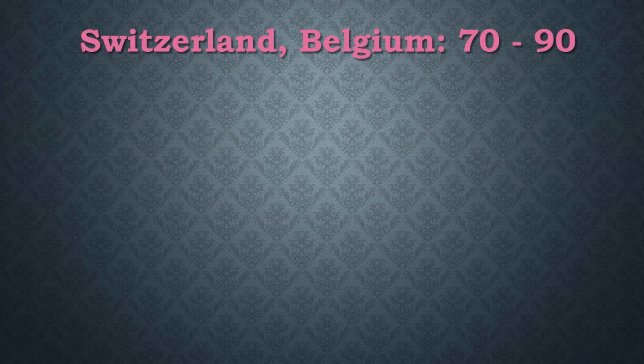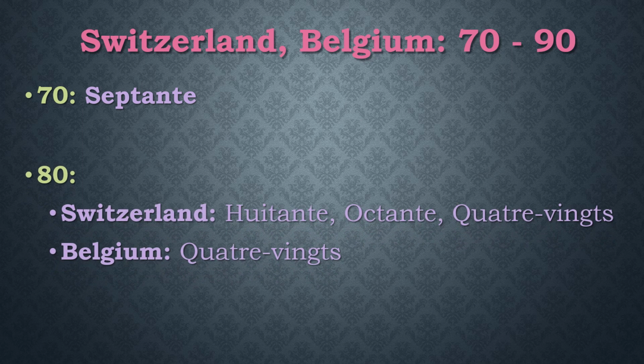Another quick note. In French-speaking countries such as Switzerland and Belgium, 70 through 99 work differently. So 70 in Switzerland and Belgium is not based on 60, it's its own separate number, septante. So 71 would be septante et un, 72, septante-deux, etc. Now 80 is huitante in most of French-speaking Switzerland, or alternately the now archaic octante, or the standard French quatre-vingts,